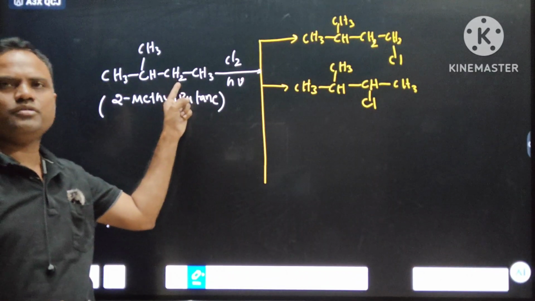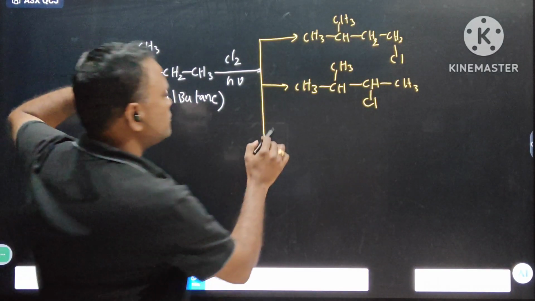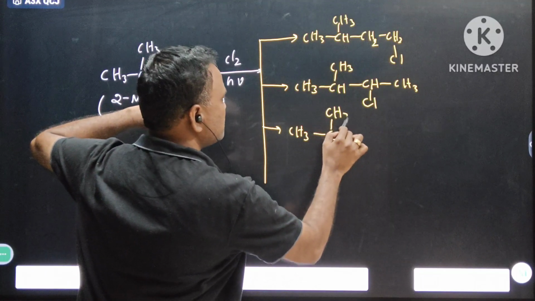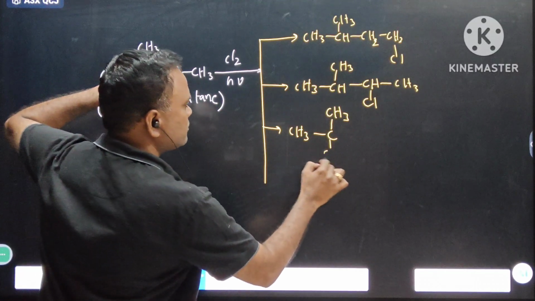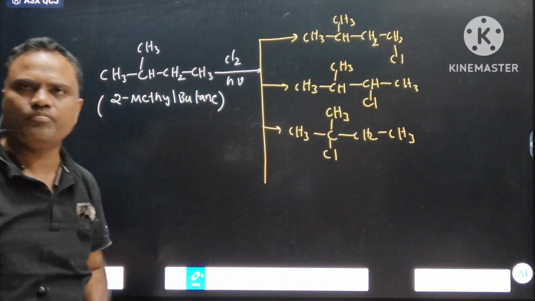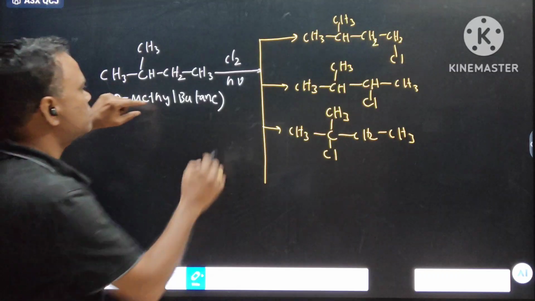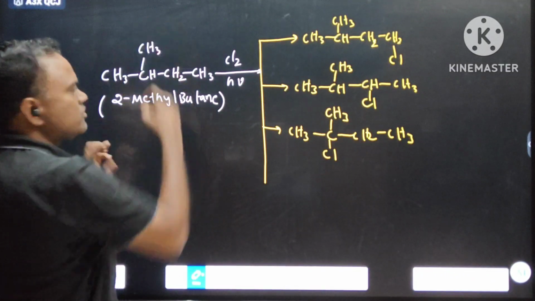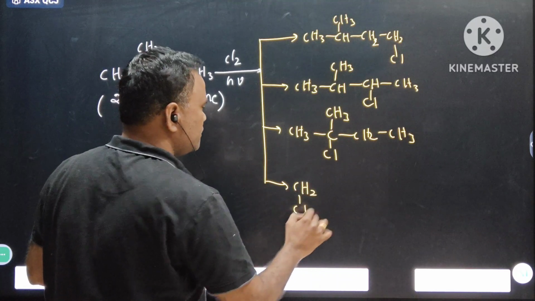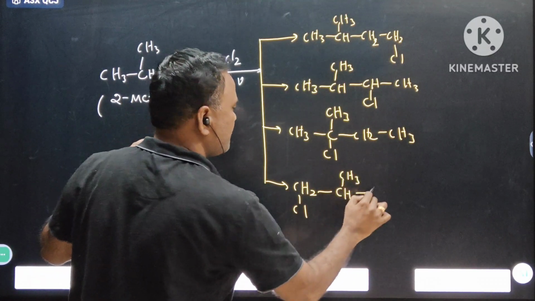We remove this hydrogen. Another possibility: here one hydrogen is there now. Remove this hydrogen. CH3, C, CH3. This hydrogen. This is another one. Next possibility, remove this hydrogen and put halogen. Remove hydrogen. Okay. CH2Cl, CH, CH3,